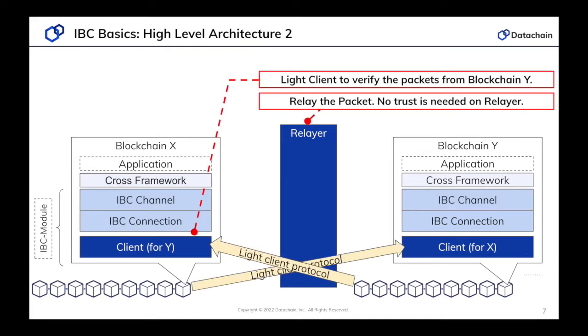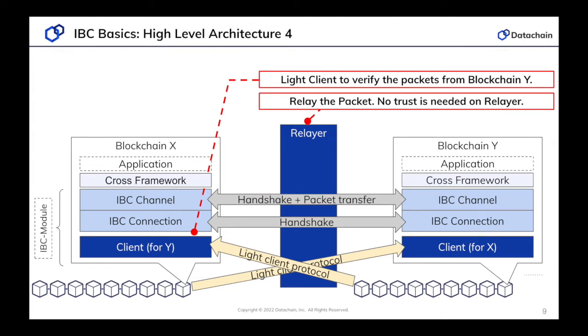First, a light client is created on each of the chains by the relayer. The light client tracks the consensus states of other blockchains along with the necessary proof spec to properly verify proofs against the client's consensus state. Then, a handshake starts through the IBC connection, which allows communication between blockchain X and blockchain Y. Then, another handshake starts through the IBC channel, which allows specific modules to communicate among connected chains. Then, each of the chains can communicate through packets.